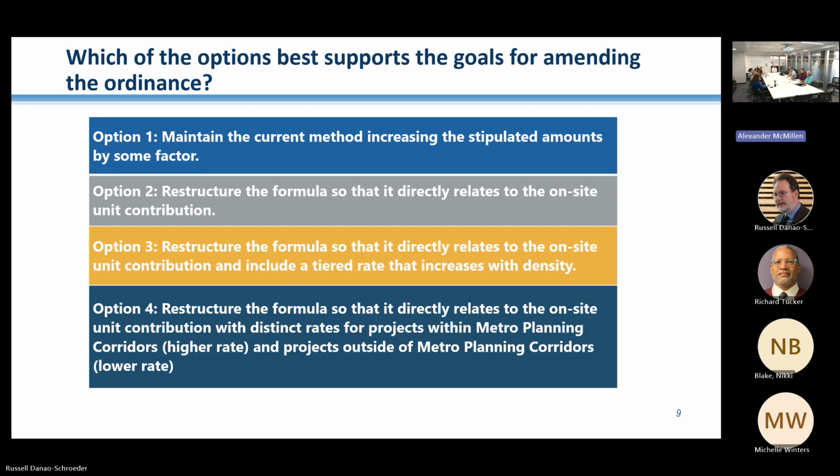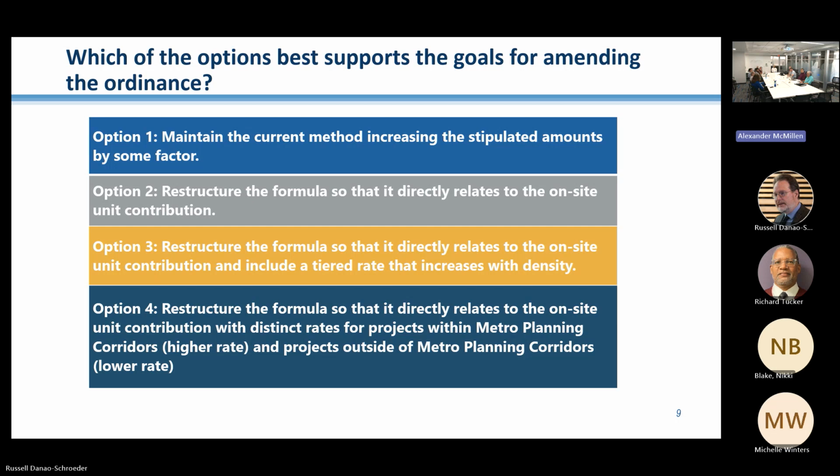Right, so that's something that, but between 1 and 2, there really isn't a lot of difference. And it's the same value judgment. It's on 5% of the GFA. Yep. And you're adjusting the number based on something. Number 2 just makes it clear that it's a relationship to the on-site unit contribution, but what other something would we choose other than that? I guess I'm trying to eliminate things for you, Russell.